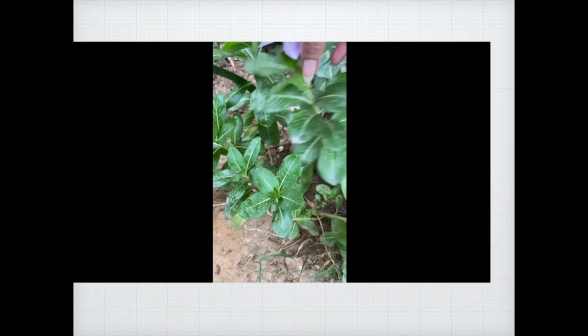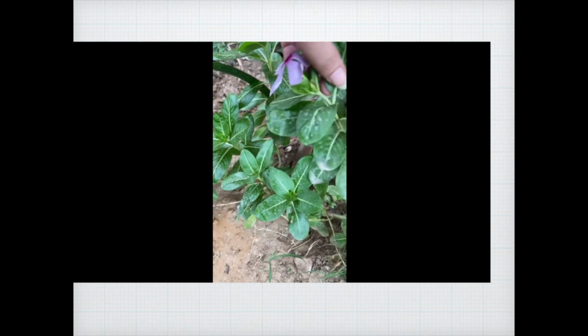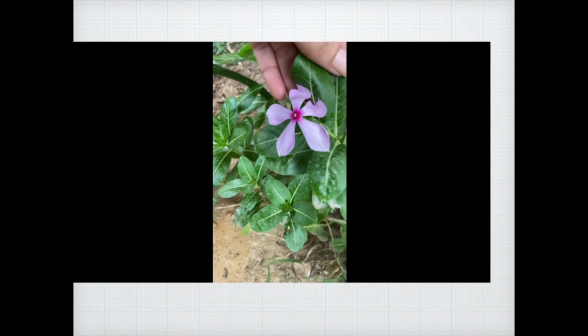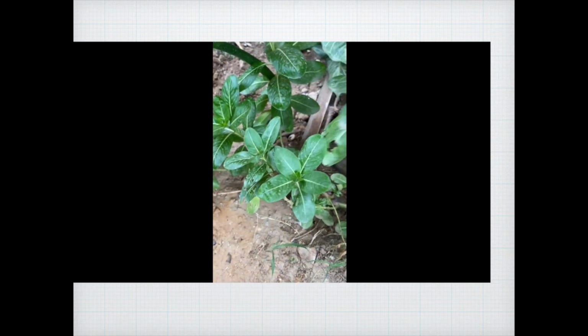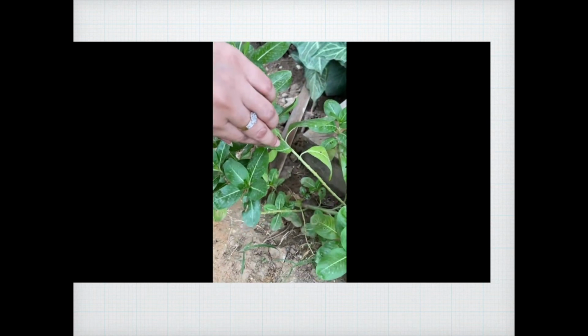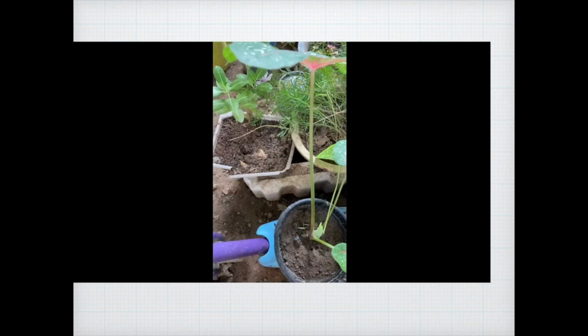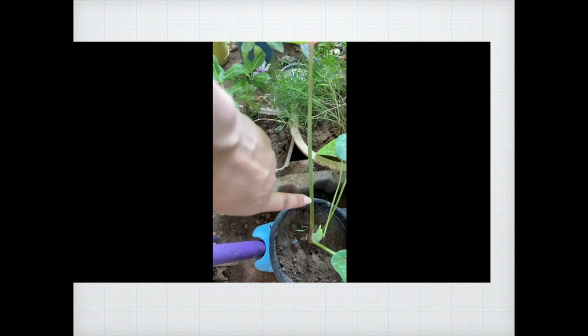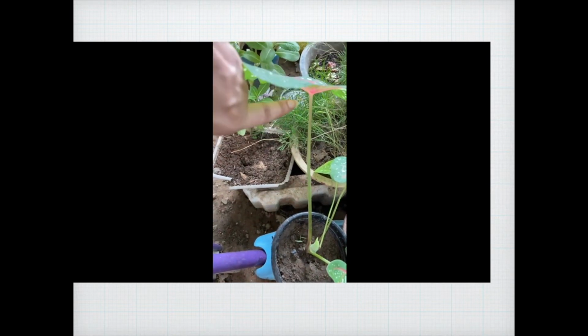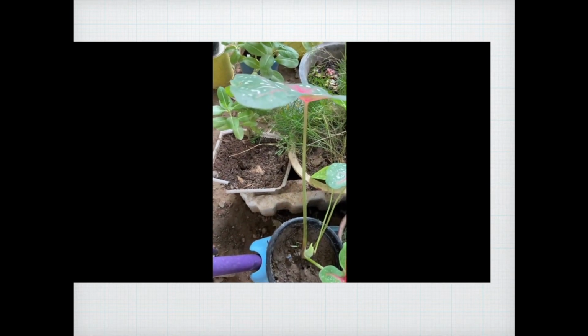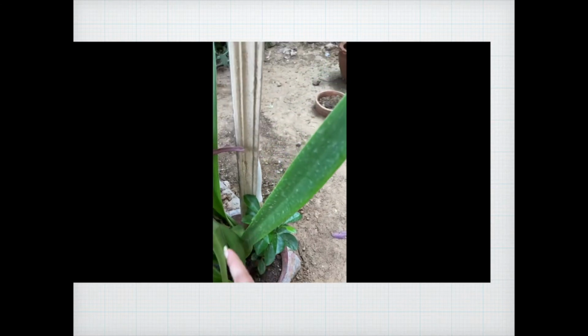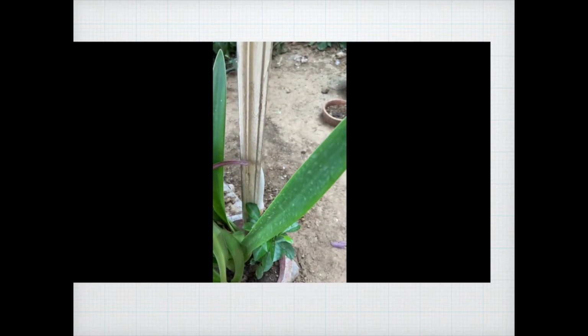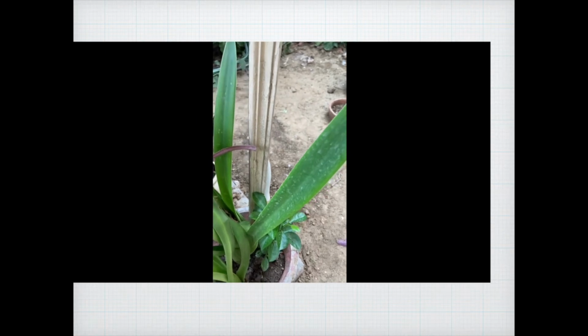So you can check that the petiole here, this is the petiole, and you can see the stem is also very tender. It's green in color. So you will find collenchyma tissue here. This is the second plant, and this has a long petiole. Again, you will find collenchyma tissue here, which is helping it to stand properly. Another green plant, again, it's not woody. So why is it maintaining its position or standing erect? Because of collenchyma tissue.